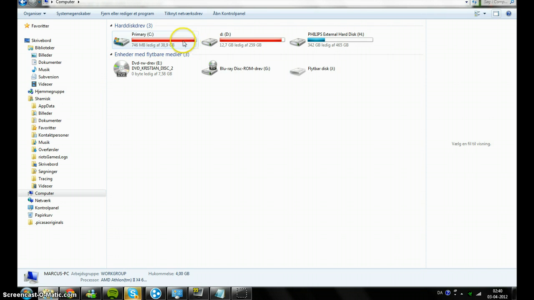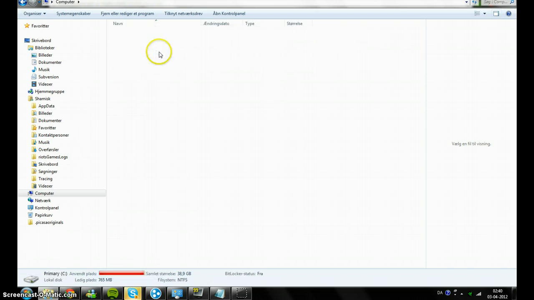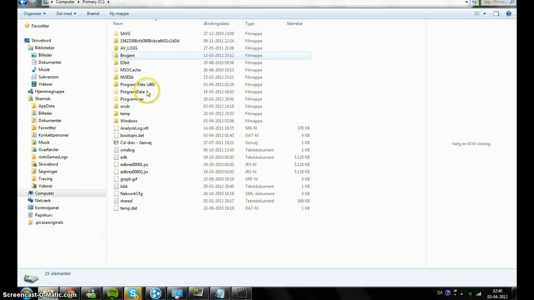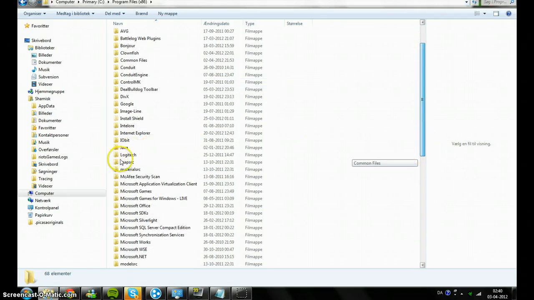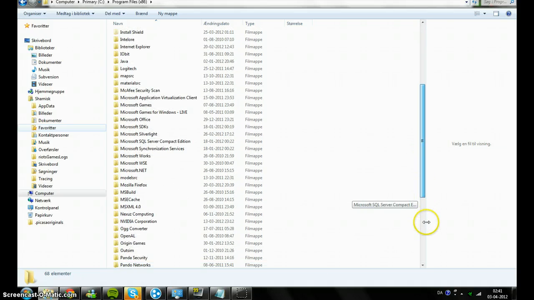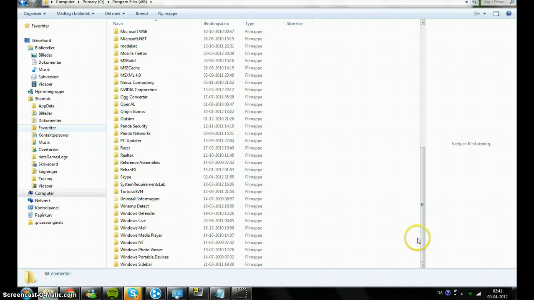First of all, you need to go onto your boot drive and Program Files. Then you need to find a folder called InstallShield Installation Information, I think it's called. You need to rename that, and I just named it InstallShield. And there should be another one named UninstallShield. I renamed it, it is Uninstall Information, and I just renamed it.